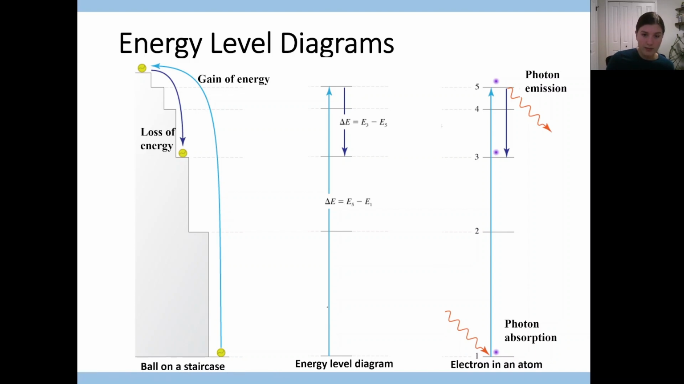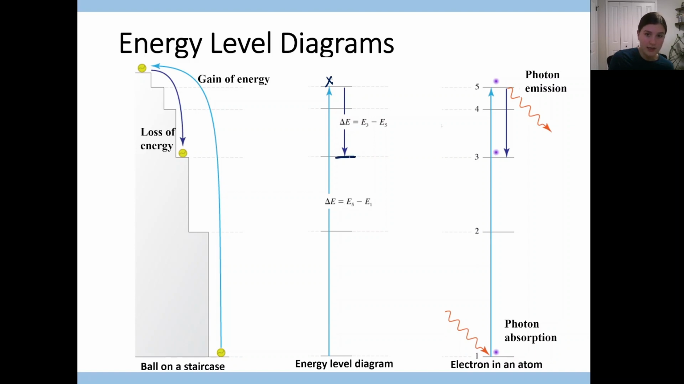Here's an energy level diagram. So in the center here, if an electron is increasing in energy, it can increase into, let's just say, the highest energy level that's represented here. So now we're up at the top of the diagram. If something loses energy, then its change in energy is equal to